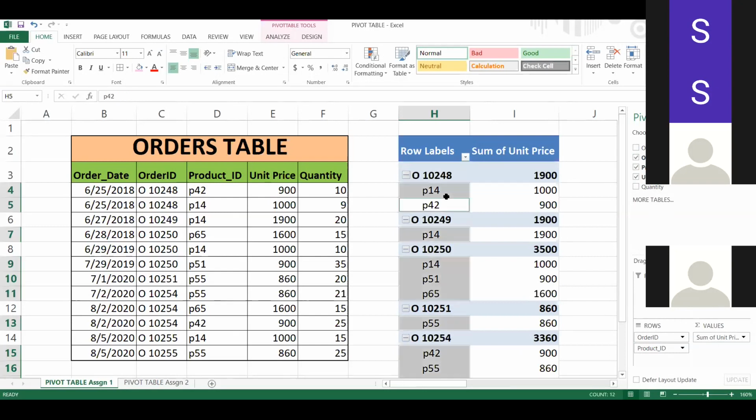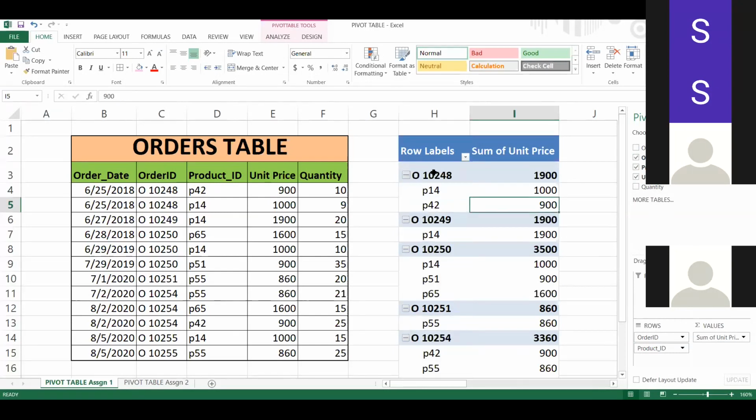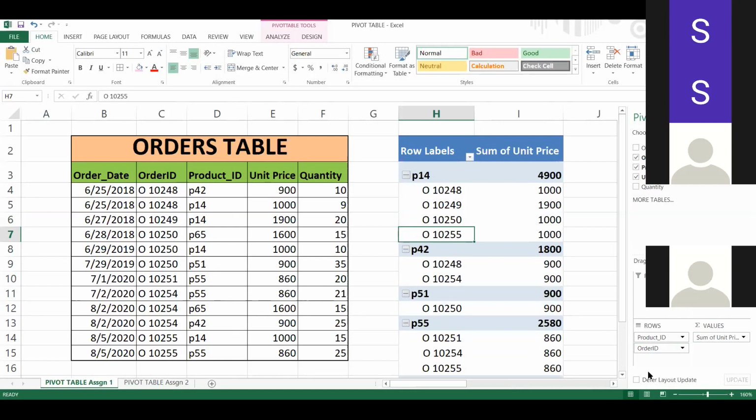You can see in my pivot table, I have all the order IDs, and inside that I have the products, because I have chosen product here. If you want product ID wise order ID, you just shift the location. Now product ID wise order ID will be shown to you, and it is showing me sum of unit price.